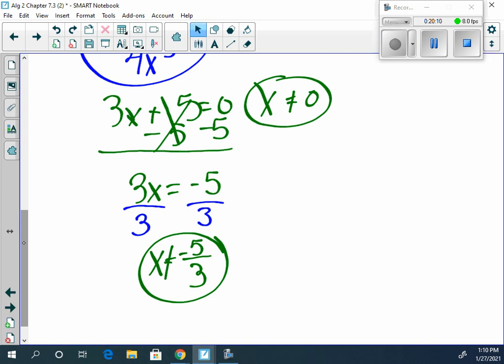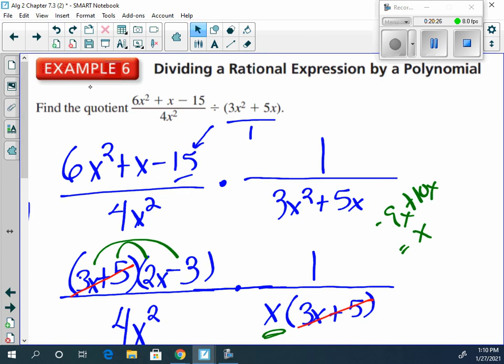Any questions on this here? Any questions on anything we've done so far? We feel comfortable with these here? Yes? Okay. If we feel comfortable with these here,